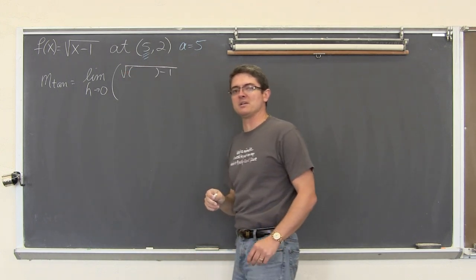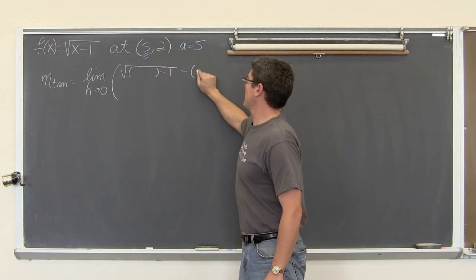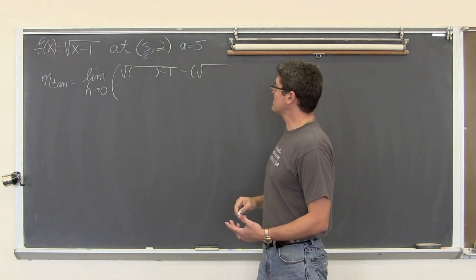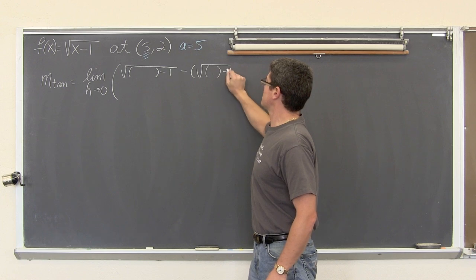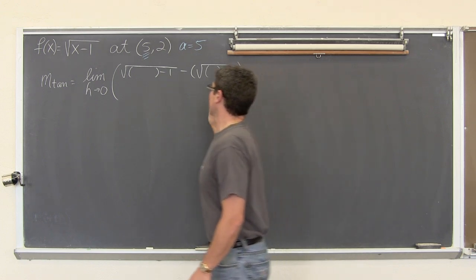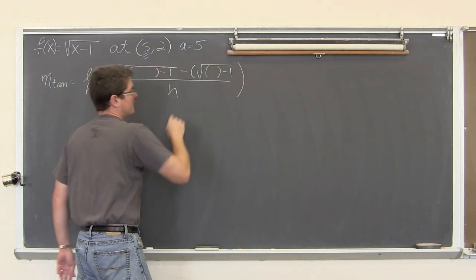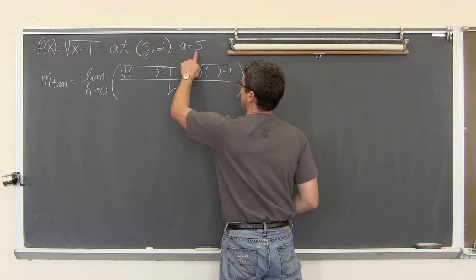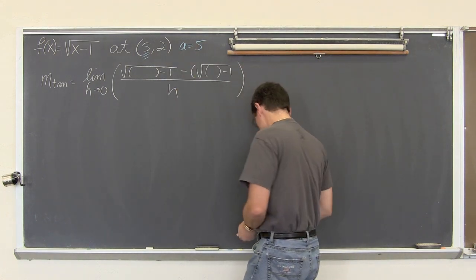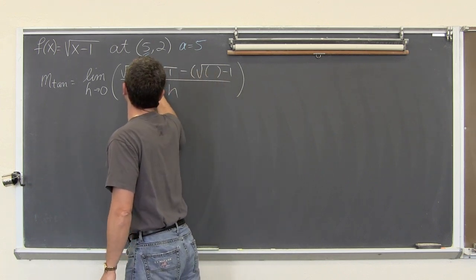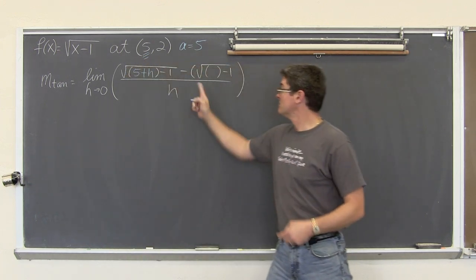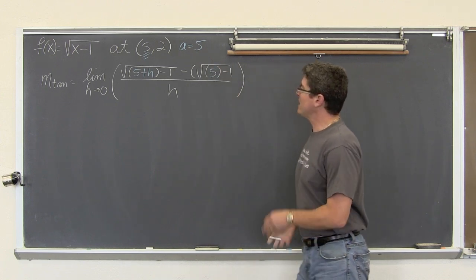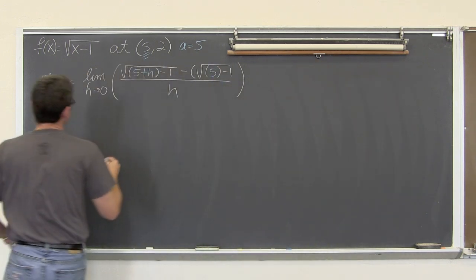And then something will be a plus h, minus f of a. So that's going to be something again minus 1, all over h. f of a plus h, f of a is 5 plus h. And then the second term in the numerator, f of a. Okie dokie. So we have the limit